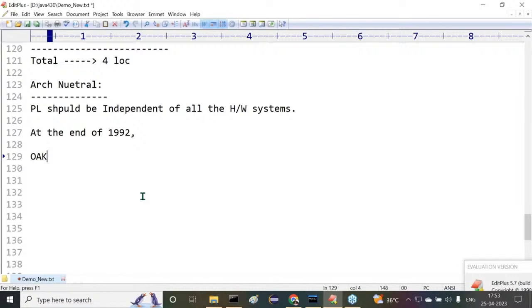Why? What is the reason for it? The reason is very simple. Before 1992, before 1991, there was already a programming language with the name Oak. So we should not give the same name to our new programming language. If we give the same or a related name, people may think